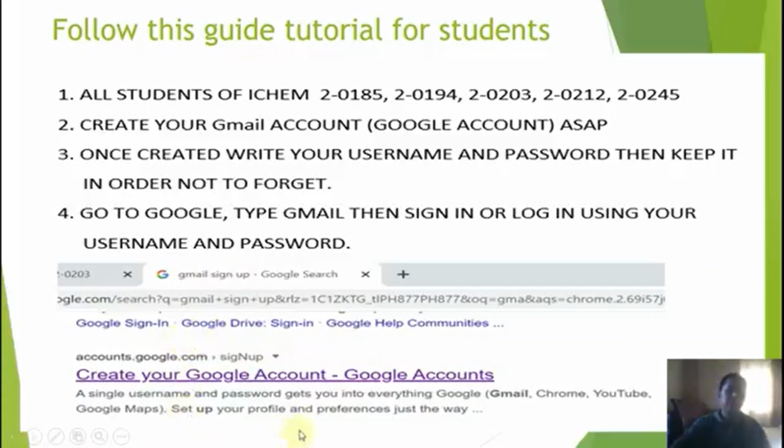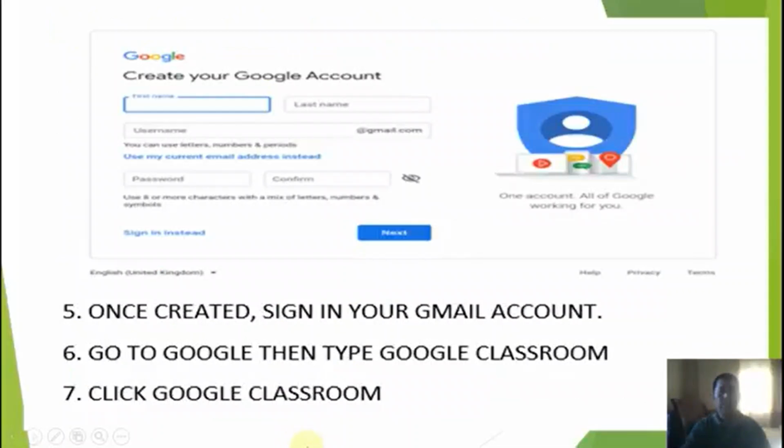On this site, the student will click create your Google account. Then when the student clicks, this one will appear. I hope, or we hope, the students can understand or can do this.